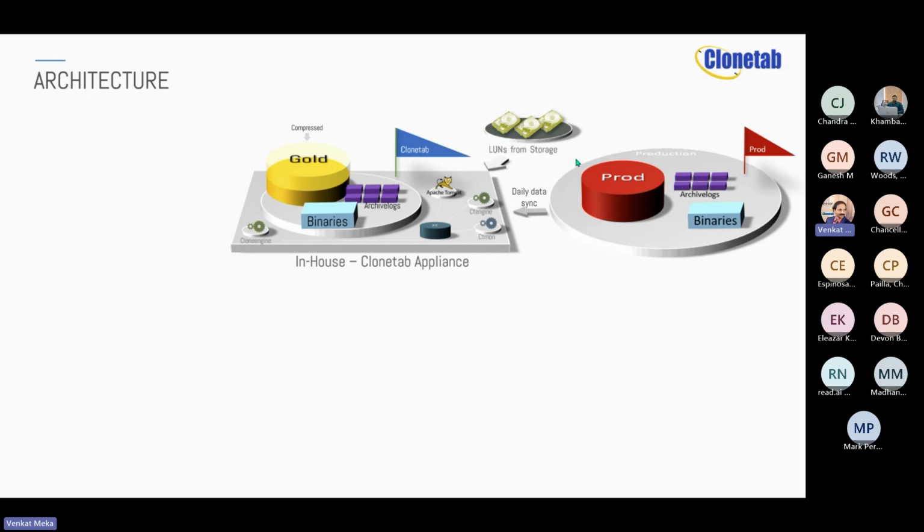and that is mounted on your production. So your production sees it as a local mount point, and then we are invoking RMAN on your production to do a full backup the very first time. After that, we only do incremental backups. So only the delta or the changed blocks are read and appended to the gold image. So how is that accomplished? Obviously, you need to enable block change tracking. So when you do that, the incrementals are very fast. Otherwise, it has to read through and then figure out what the changed blocks are.